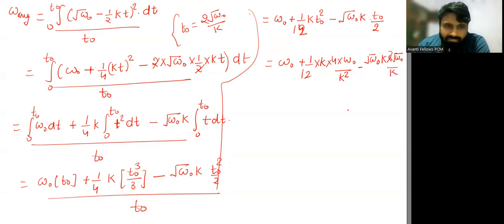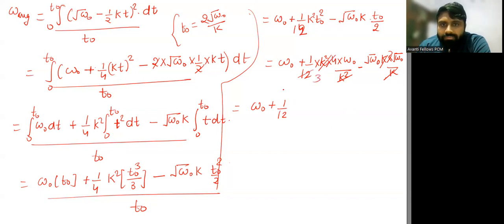Okay, here we were missing one thing, it is the square of k square and t square, so k square will be there. k square and k square will cancel out, k and k will cancel out, so it will become omega naught plus 1 by 12,